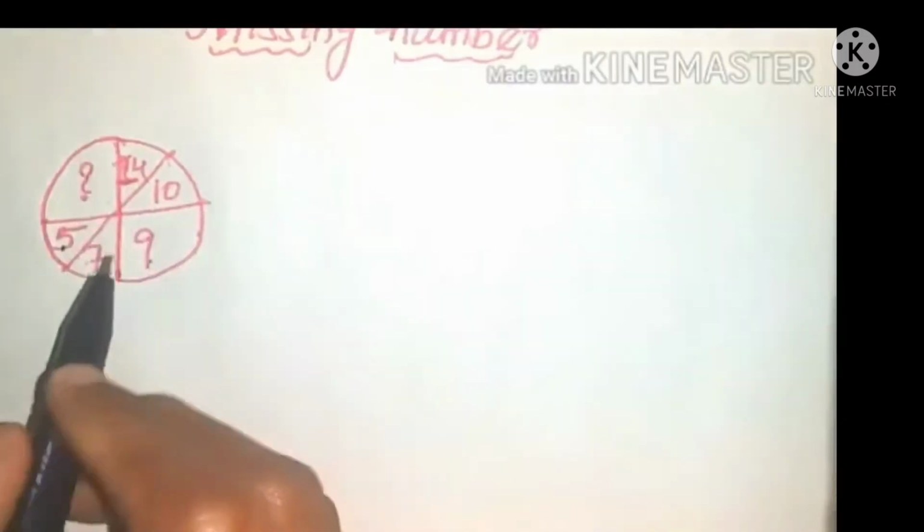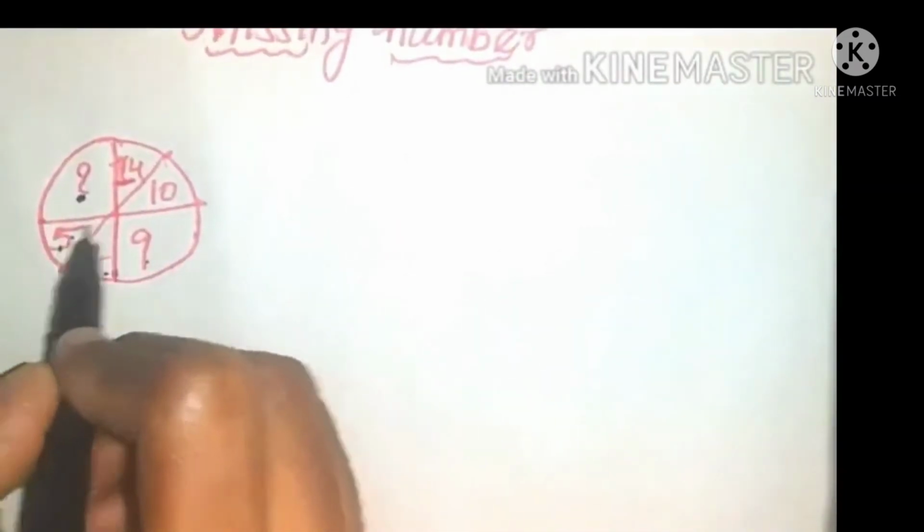Hello everyone. In today's session we are going to discuss about missing numbers. So before this you have to learn the square values till 30 so that it will be very useful for you to calculate it in an easy manner. So now the given question is, this is a circle and which is divided into 6 parts. 5, 7, 9, 10, 14, these are the values, and now we have to find the number which is missing here. So just think for a while like how we can solve this problem.